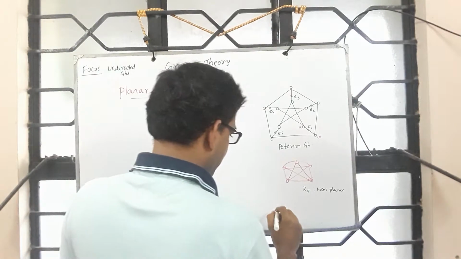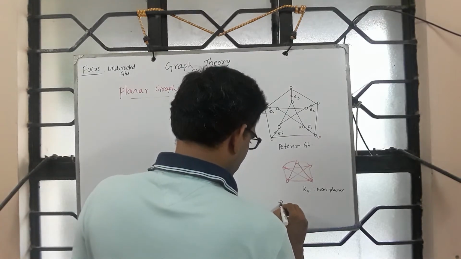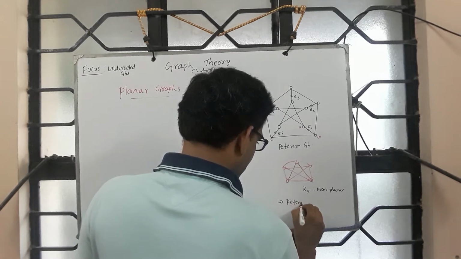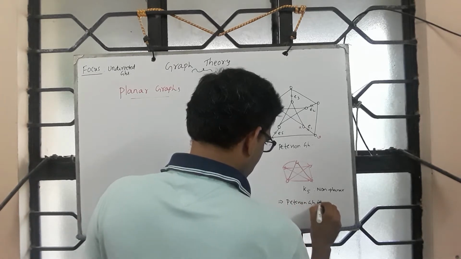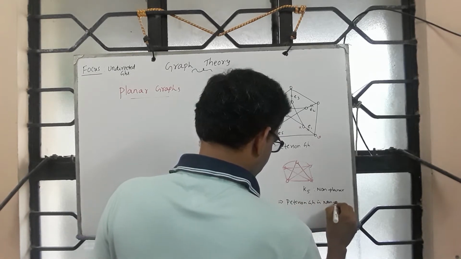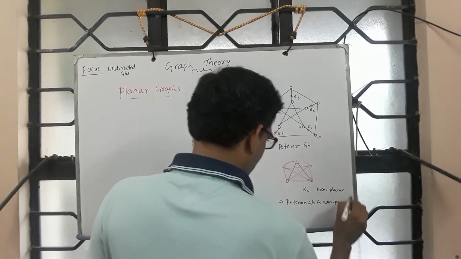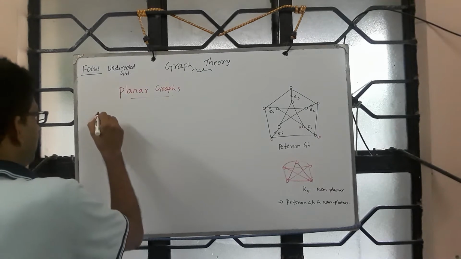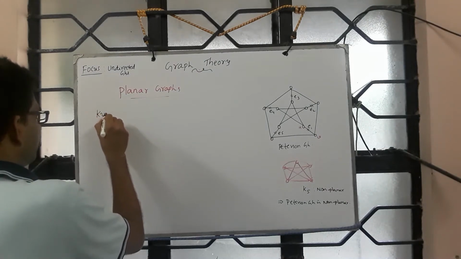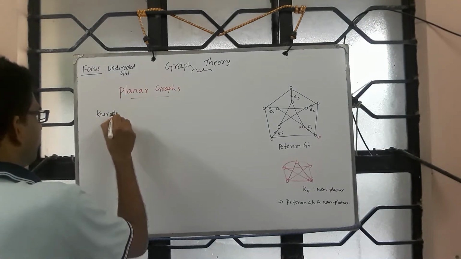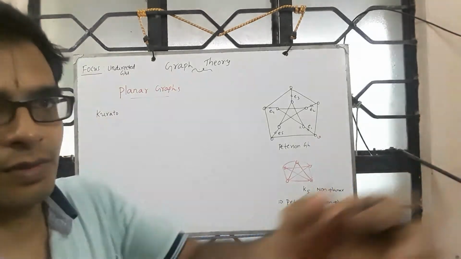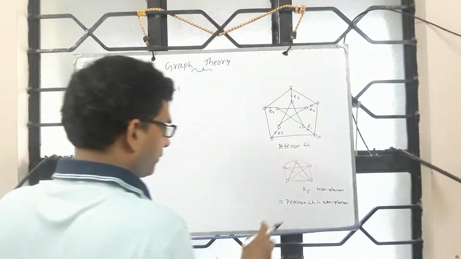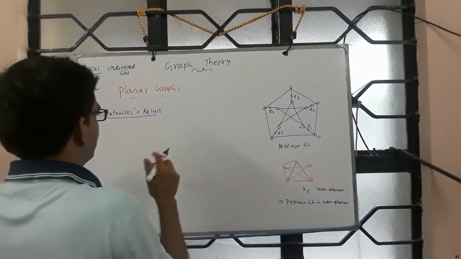Therefore, there is an interesting result. We can conclude that the Petersen graph is non-planar. Okay. So an interesting result due to Kuratowski. So the interesting result due to Kuratowski says